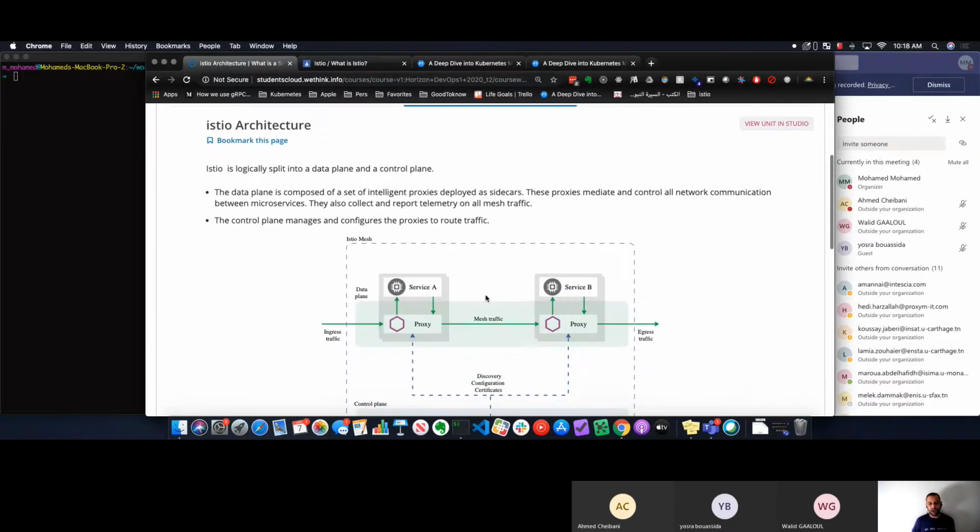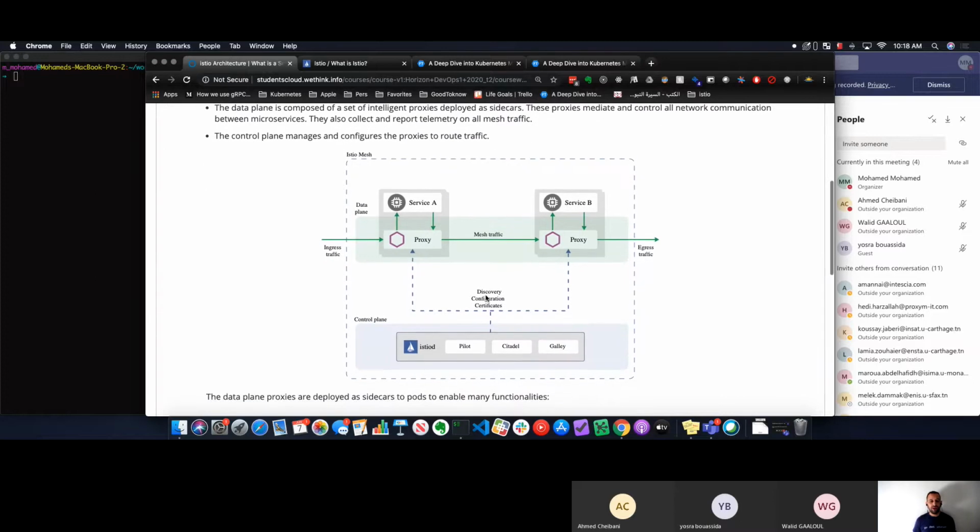All right, so how Istio works. Basically, Istio is really tied to your application. It has two parts: the data plane and the control plane. The data plane is related to your components. Imagine that you have an application composed of two services, as shown in this figure. You will implement basically service A and service B, and anything else will be automatically added to your